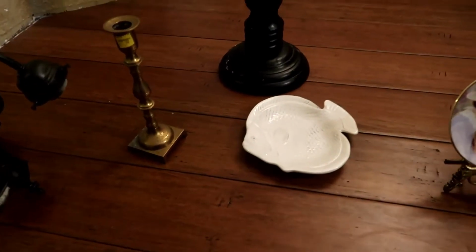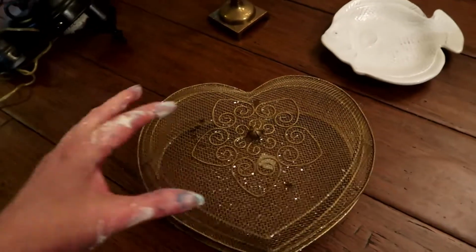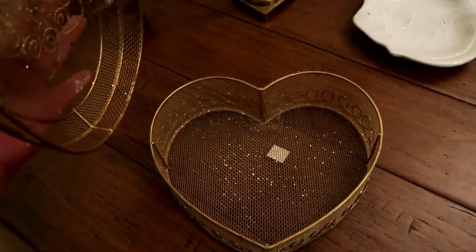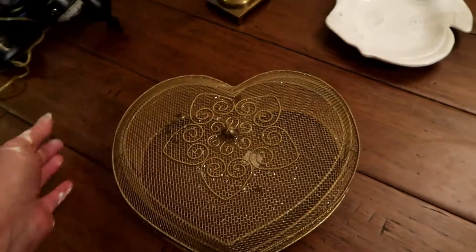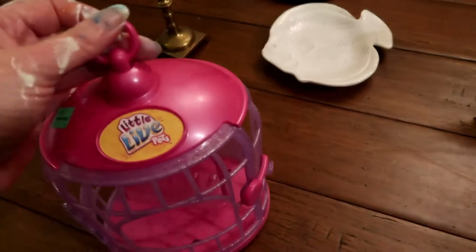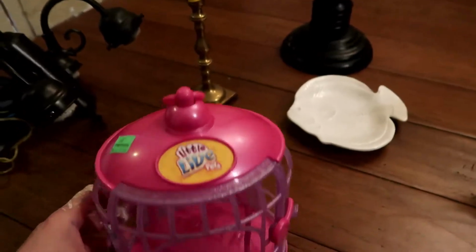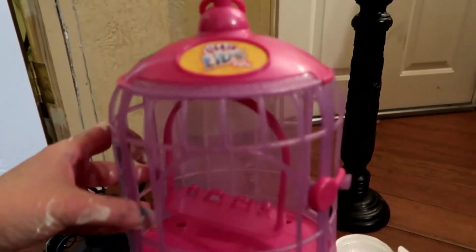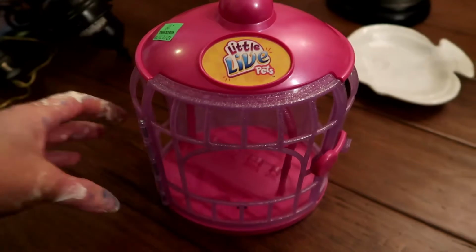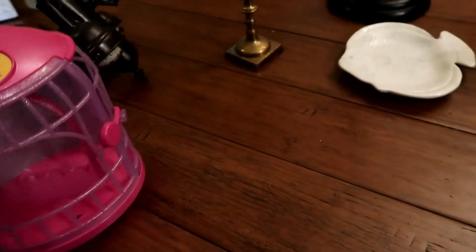And let's see. This was $1.99. I passed it up a lot. I like it, but I'm not really sure what I'll do with it. But I just went ahead and got it, and I got me a toy. It's 99 cents. But I think I might can do something with this to make it a decoration. I don't know. We'll see. I don't know when I'll get around to it, but...